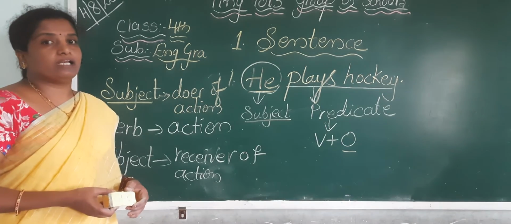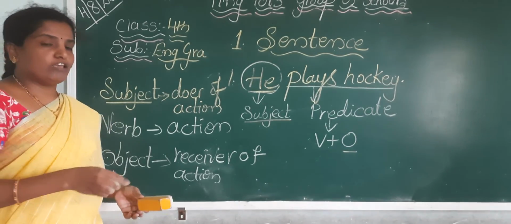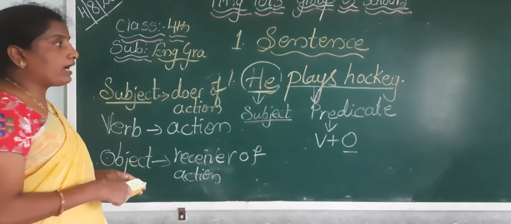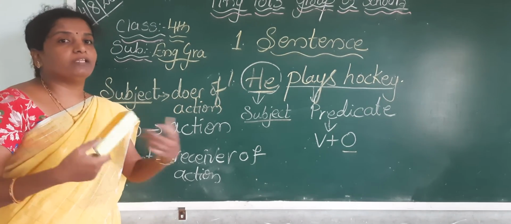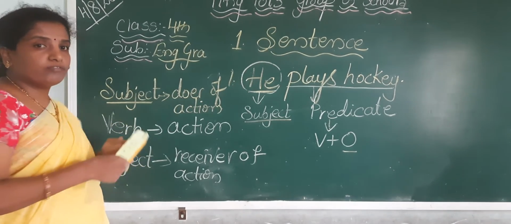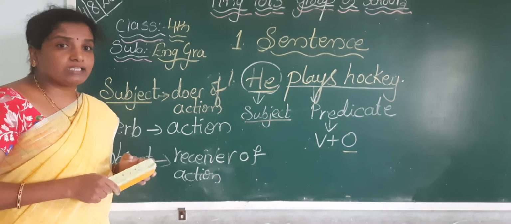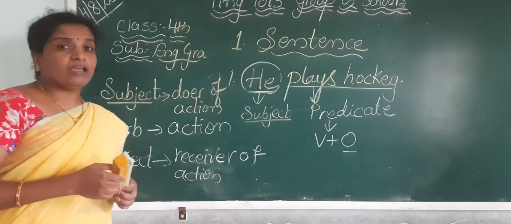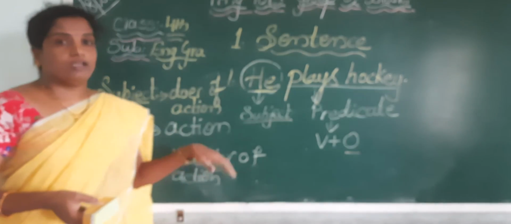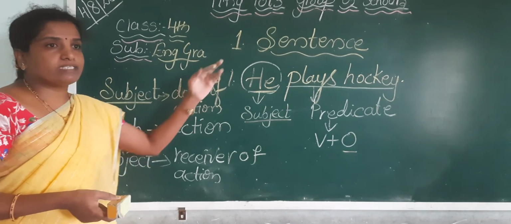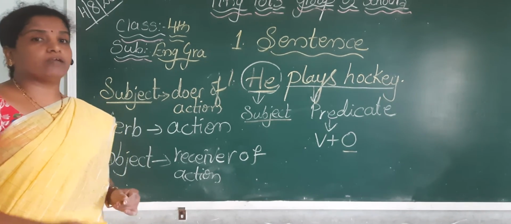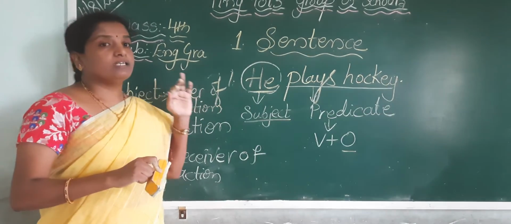As you all know, in our English language there are 26 letters. If we combine two letters or more than two letters, it forms a word. And if we combine two words or more than two words, it forms a sentence. A sentence doesn't mean just a combination of words. It means the combination of words in a meaningful manner. We can't say "place he" or "he". It's meaningless. So what is our sentence definition? The combination of the words in a meaningful manner is known as the sentence.